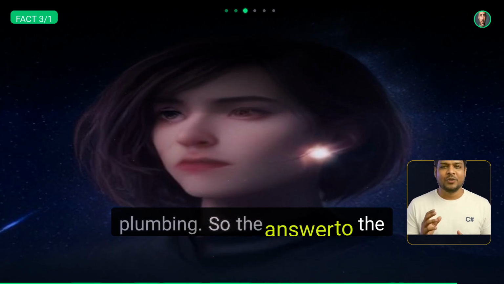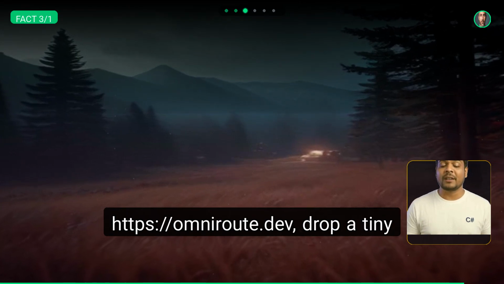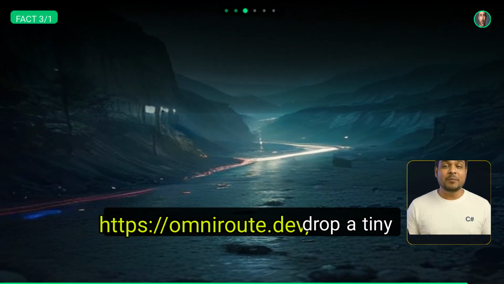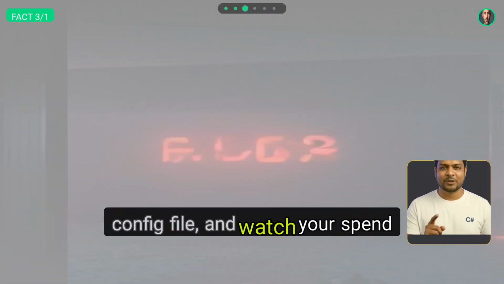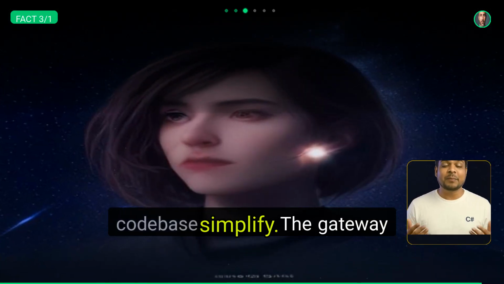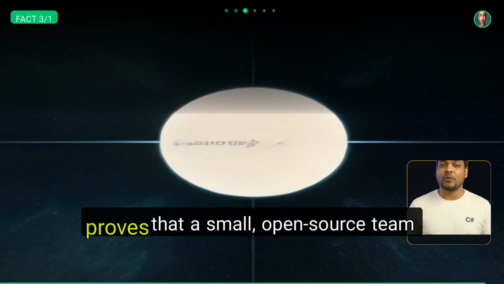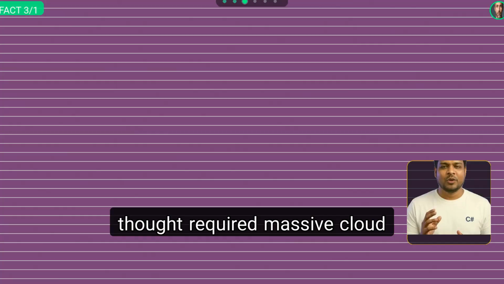So the answer to the opening question: point your app at https://omniroute.dev, drop a tiny config file, and watch your spend shrink, your latency drop, and your code base simplify. The gateway proves that a small open source team can reshape an industry that many thought required